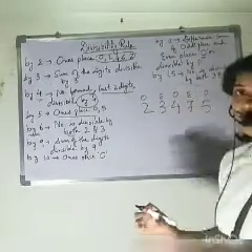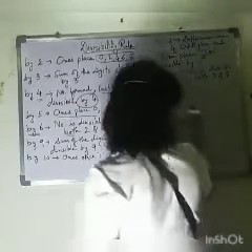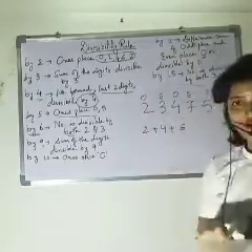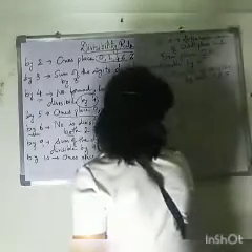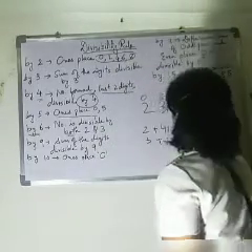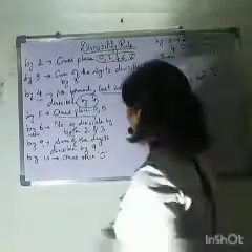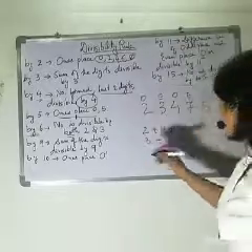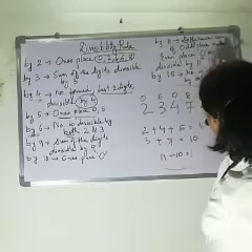We need to find the sum of odd places. That means 2 plus 4 plus 5, as well as the sum of even place digits, 3 plus 7. Let's see. 5 plus 4, 9. 9 plus 2, 11. Here, 7 plus 3, 10. After that, we have to find the difference. 11 minus 10, 1. The rule says it needs to be 0.